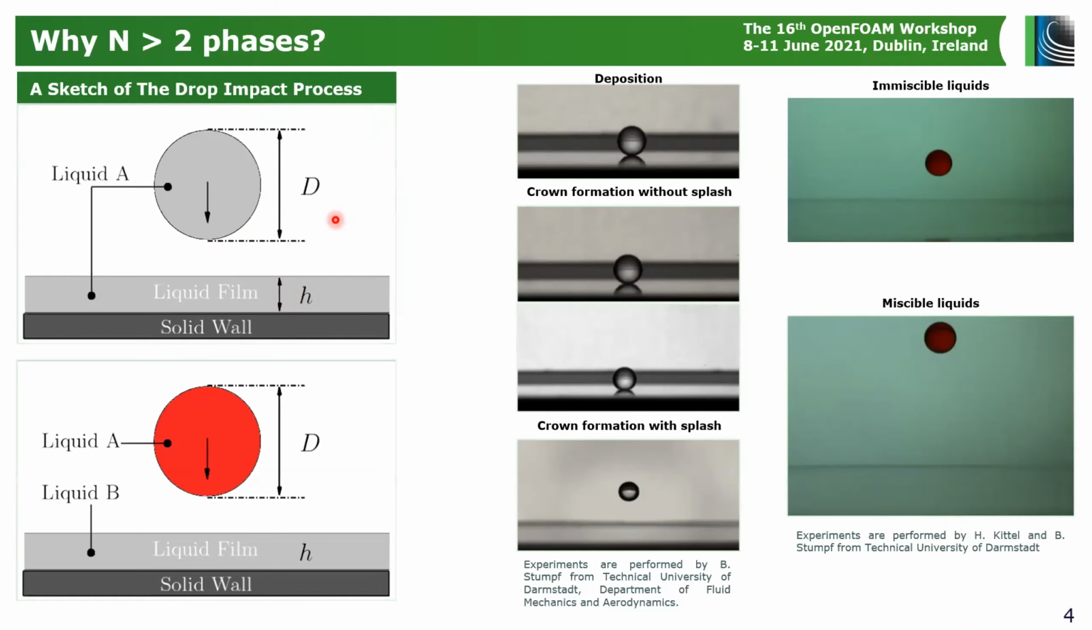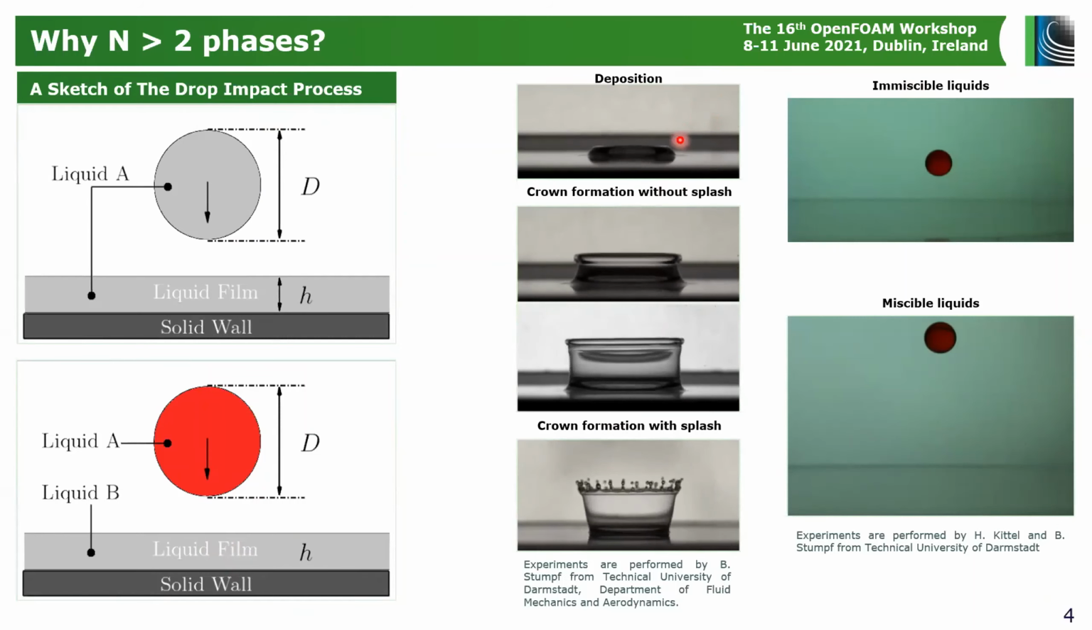More complexity can be added into this process if the liquid drop, the impacting drop, and the liquid film are made from different fluids. In this case, we need to consider the effect of immiscibility and miscibility of the liquids. I have some examples here from the in-house experiments conducted at TU Darmstadt. From top to bottom, we have low, moderate, high, and very high energy impact cases. We can see that the morphology of the